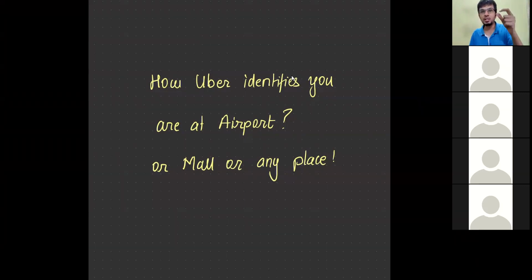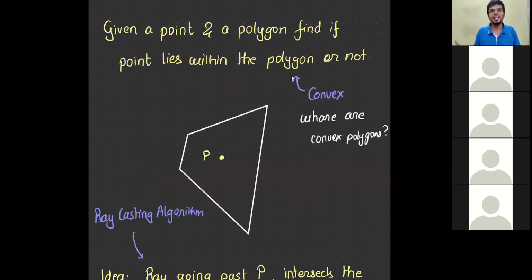Nahin. So this micro wala part where it identifies that you are within this space and then it helps you navigate. This is made possible only when you identify if a point is within a polygon, right? And this is the algorithm that I would like to talk about. Okay, because now this would open up a plethora of applications ki kya kya nahi kar sakte. Right? So this is the core problem. Given a point and a polygon, find if the point lies in the polygon or not.